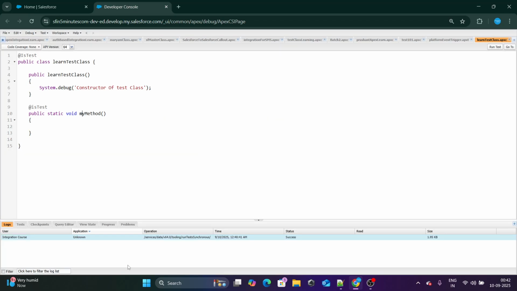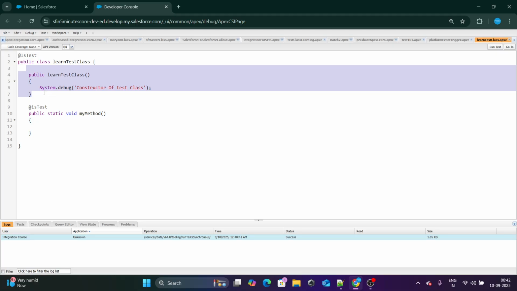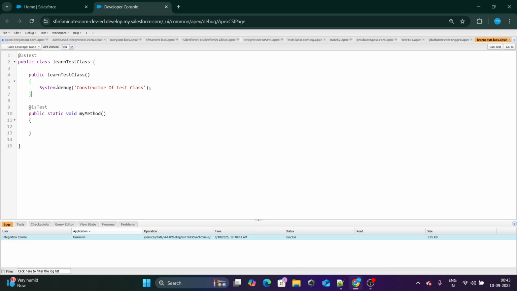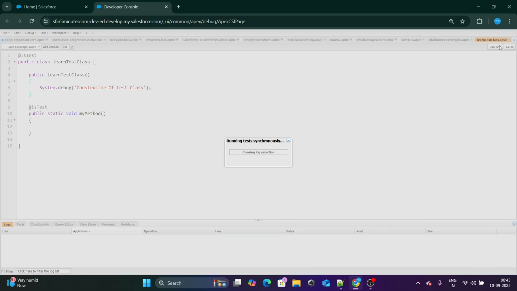What I'm trying to do here is that I have already created a test class named learn test class, and this is where I have created the constructor. I have also created a method just for running purposes. If I save it right now, yes, it does allow me to save or create a constructor inside our test class. It does not give any error. But let's see when it executes. If I run this test class,